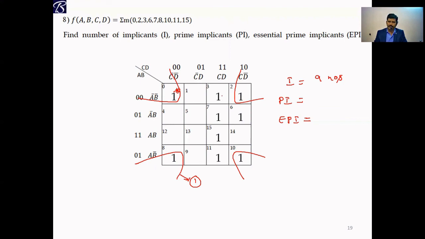Now coming to cell number 3, the next one. There are 2 possibilities for this one. Here in this column one quad will come, and 2, 3, 6, 7 forms one quad. So presently leave it. If you consider cell number 7 also, there are 2 possibilities of quads. This 3, 7, 15, 11 forms one quad, and 2, 3, 7, 6 forms one quad. So presently leave it. Considering this 15th cell, there is only one possibility, this quad, right? And that becomes an essential prime implicant, because only one possibility exists if you consider cell number 15.